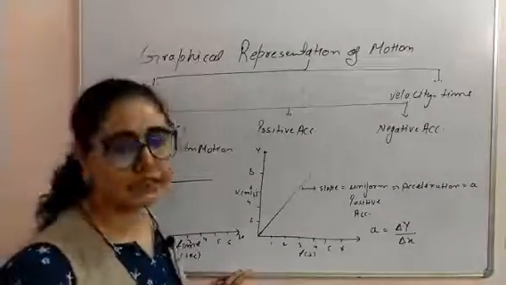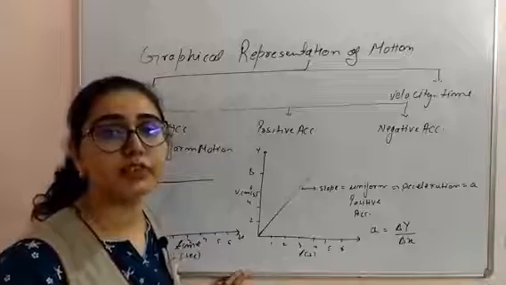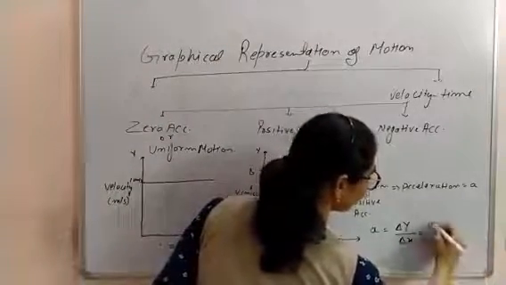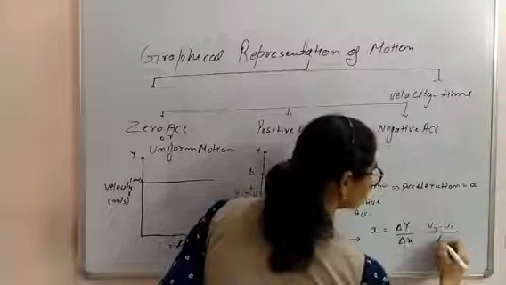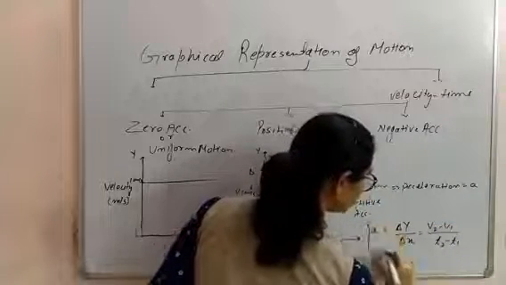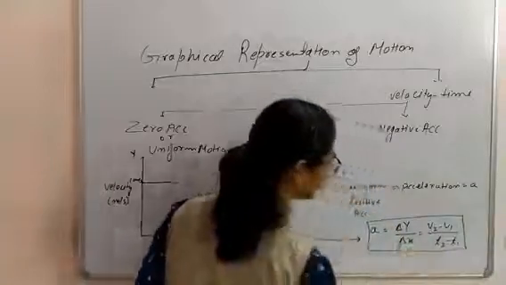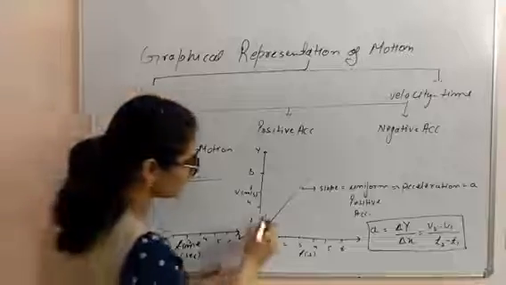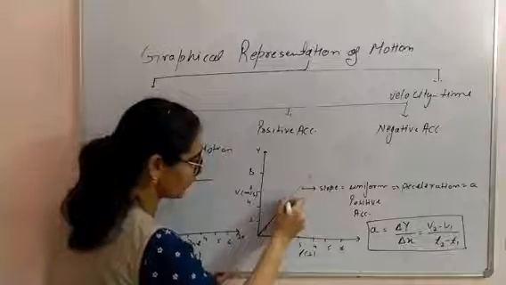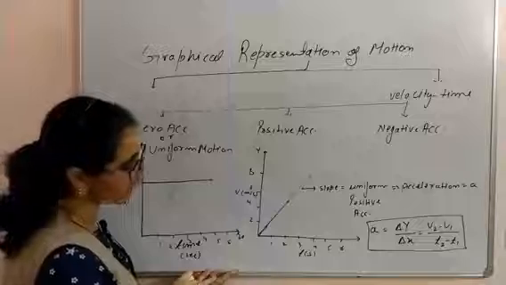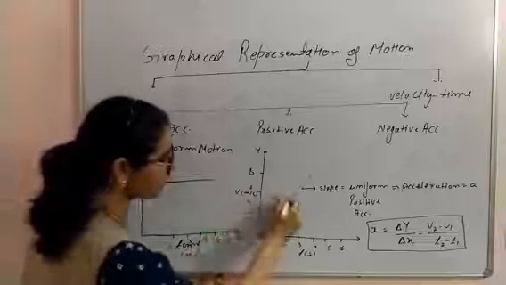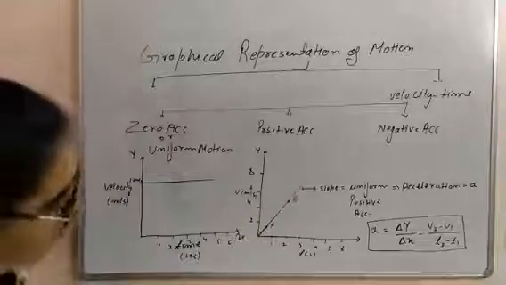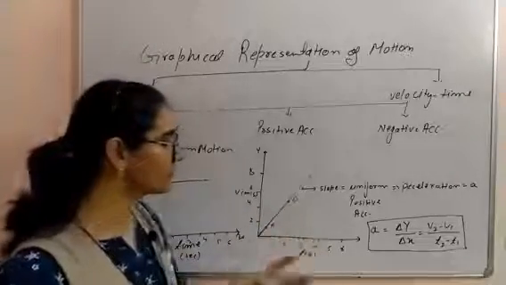What do we know by delta? Delta means difference, and on y-axis what do we have? We have velocity. That means in that case we can write v2 minus v1 upon t2 minus t1. Whatever value of slope they have asked you, you can put the values, you can take a particular slope. Like here is the slope which I am taking. Suppose I am saying it is PQ, this is P and this is Q. So when we are talking about the slope PQ, find out the value of slope PQ.